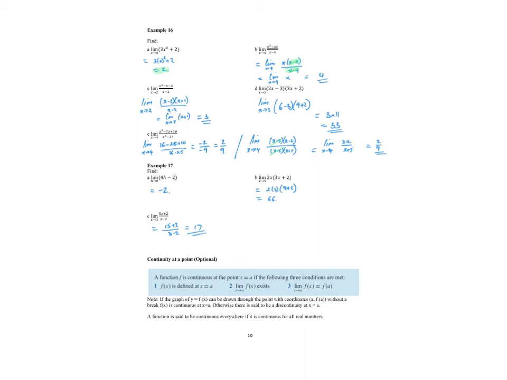Again, same sort of thing. If I put 2 into the top line, I get 4 minus 2 minus 2, which is 0. 0 over 0, which means I can factorise. And typically that's your first step anyway. Factorise your top line, x squared minus x minus 2. There's a common factor there of x minus 2 that will cancel out. So I end up with the limit as x approaches 2 of x plus 1, which is equal to 3. All right. D,